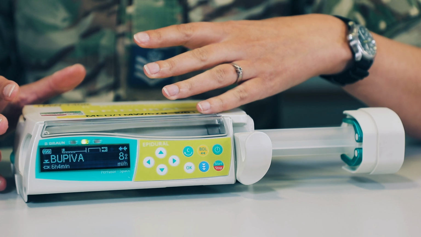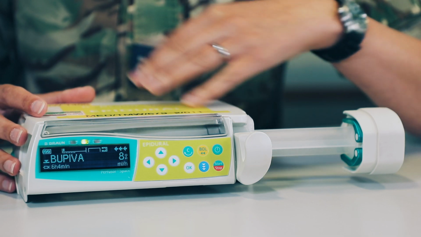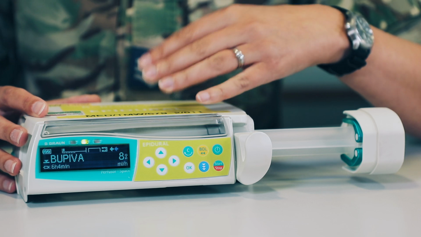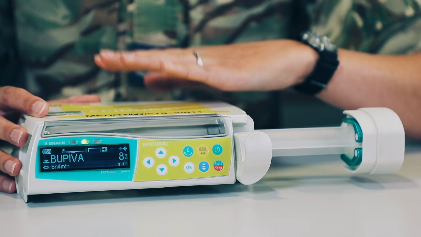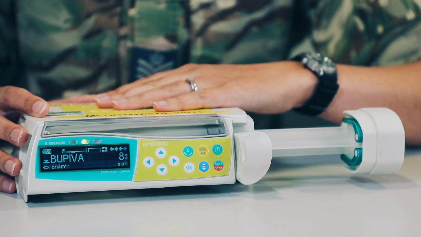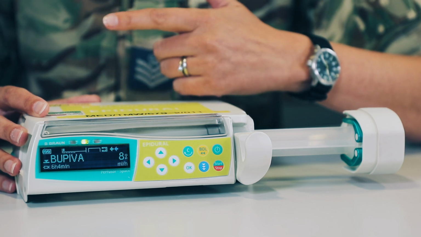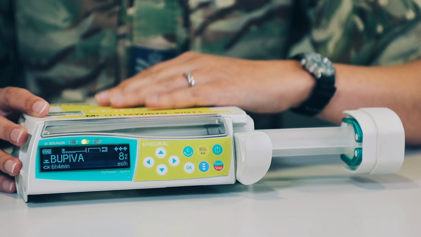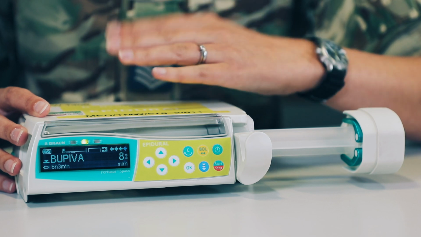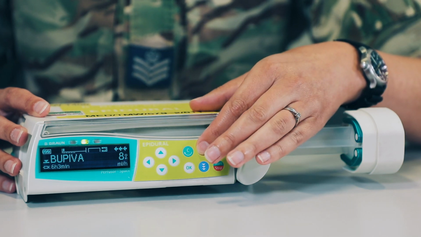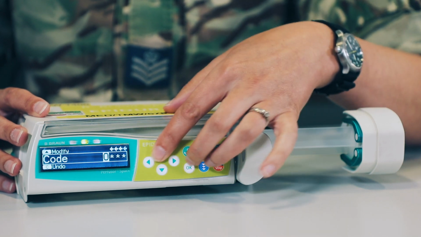So now that the infusion is running, we need to be aware of navigating that data lock function in order to administer a bolus or change a rate. Bearing in mind this is exactly the same as the perfuser, so you can administer a bolus using the manual function, a preset bolus, or using a calculated rate. For this we're going to use the manual bolus because it's just the quickest way of administering the bolus to the patient. So to do that, we're going to press bolus, and it prompts us to put in the code